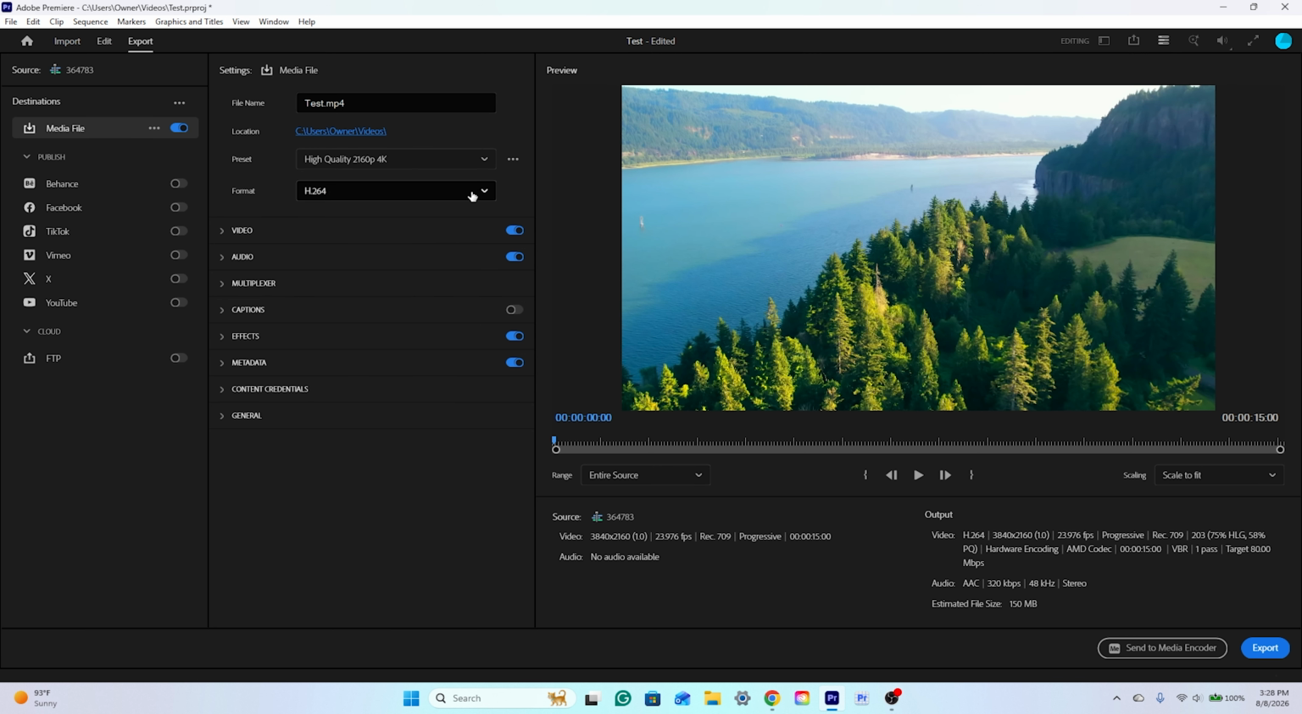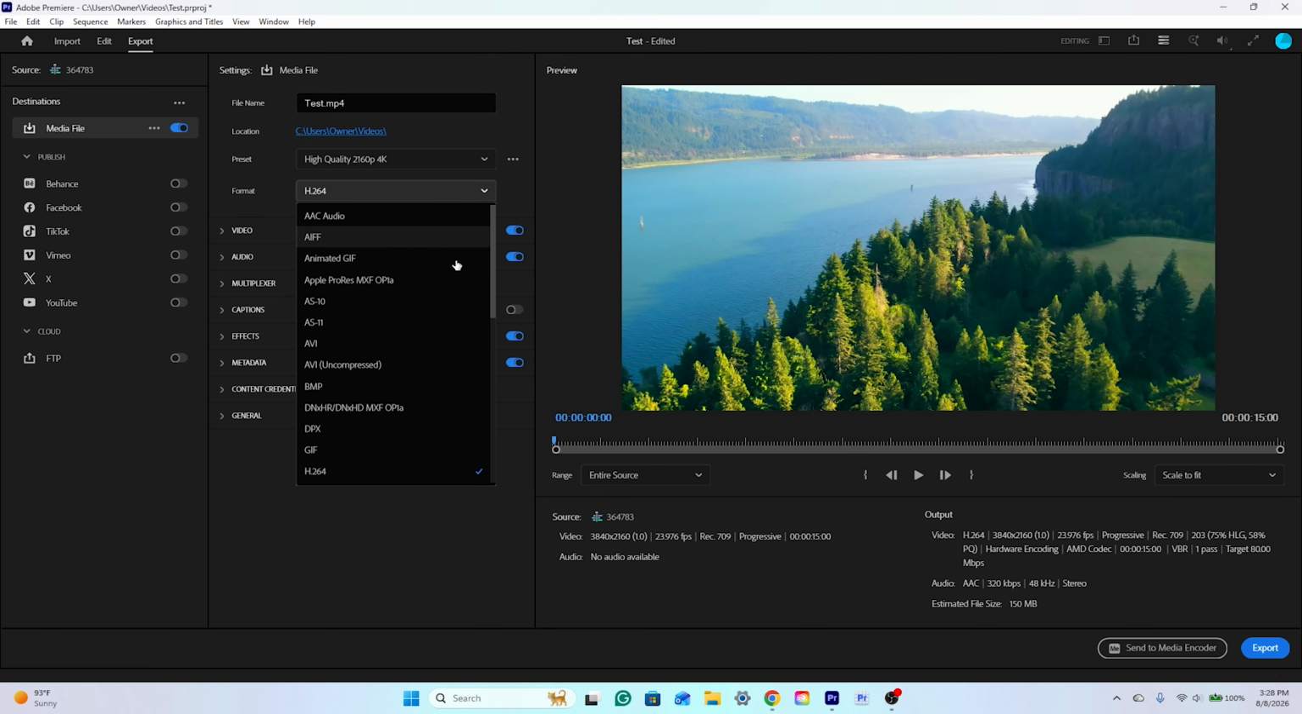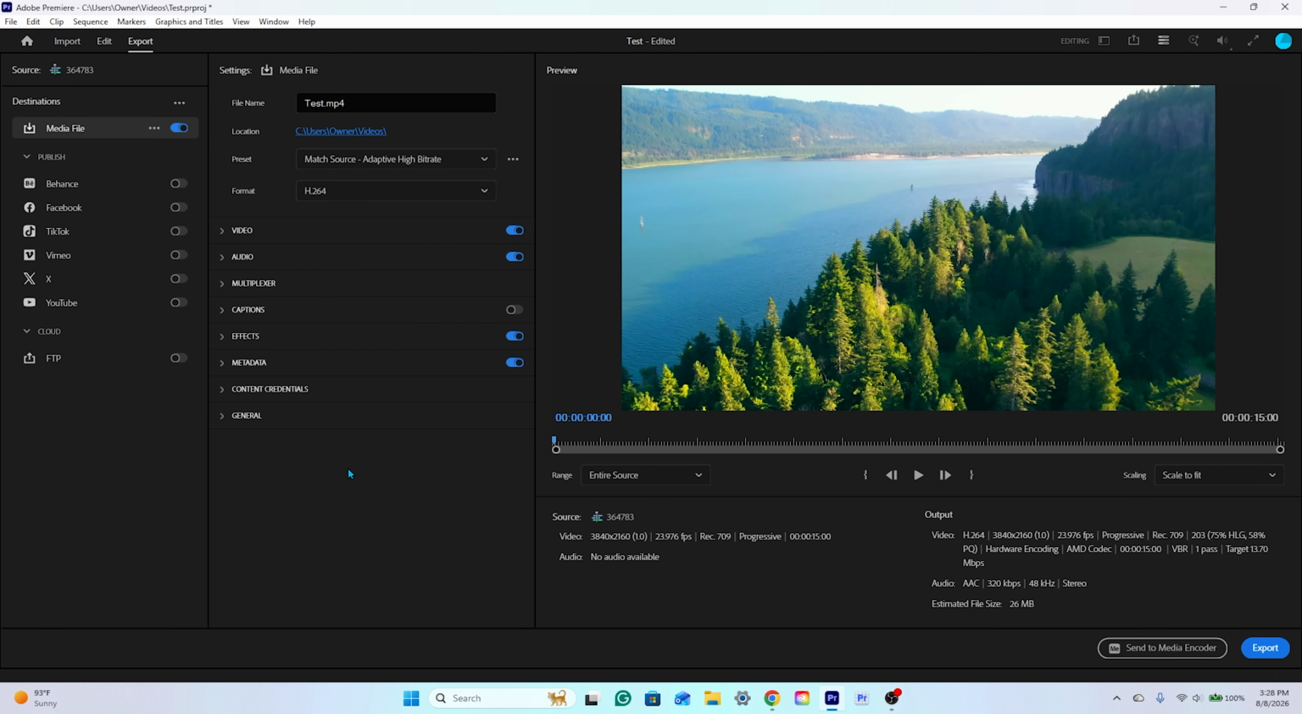And then make sure it's on H.264 as the format, because that'll be the best format. Make sure your audio and stuff is all good. All this stuff we shouldn't have to mess with. This should be good. And once that is all ready, we're going to come down here, and if you've rendered anything,